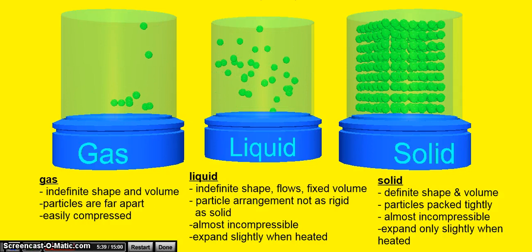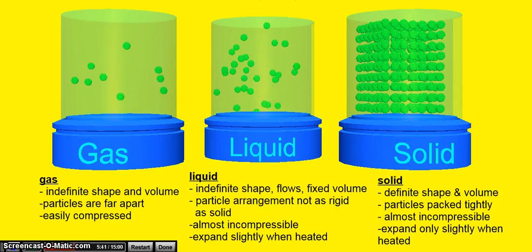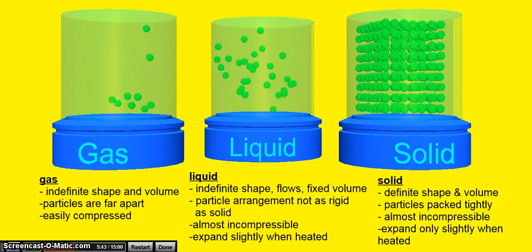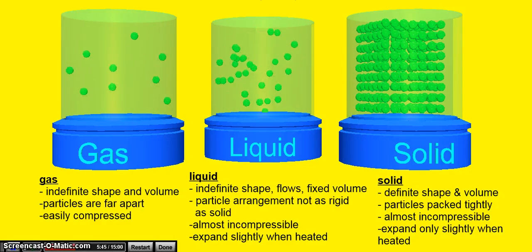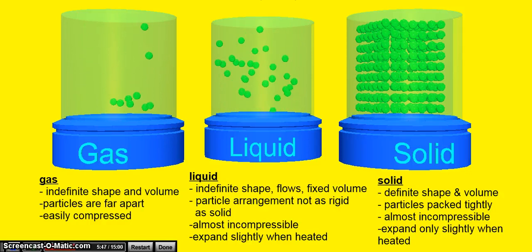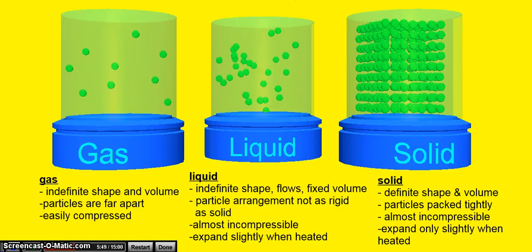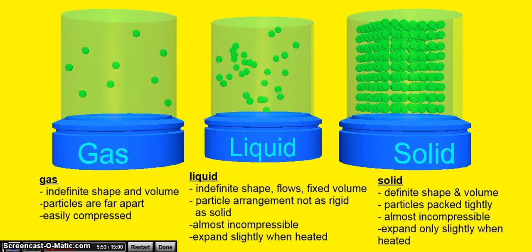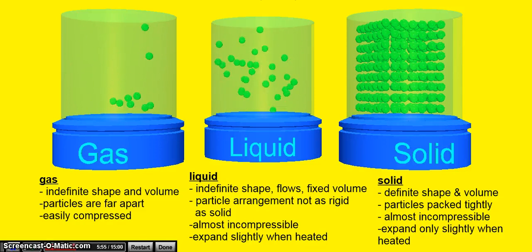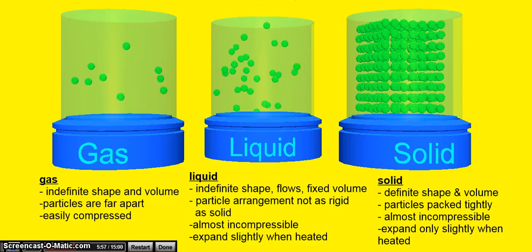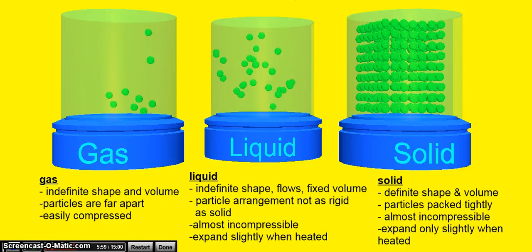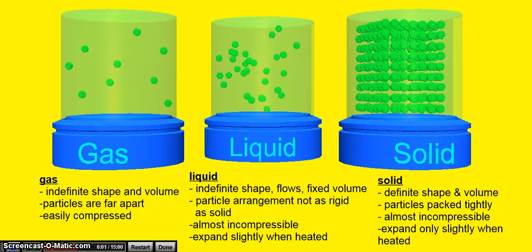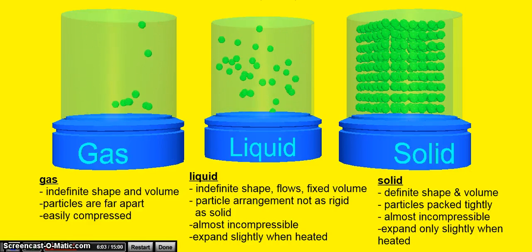Because of all that space, they are easily compressed. You can actually push the particles closer together. Think of aerosol cans, fragrance things, hairsprays. The reason why you can shove so much product into those containers is because the gases can be pushed closer together. Now, a liquid still has that indefinite shape because the particles can flow and move past each other, but